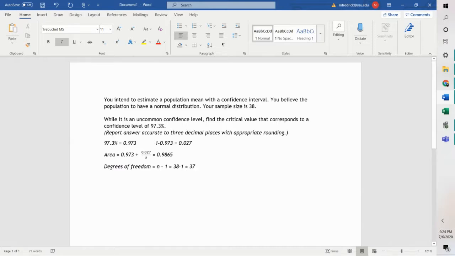Now, in order to use the TI-83 or 84 calculator, first we take our confidence interval, rewrite it as a decimal, 0.973, and then we need to find area. When you're talking about the area under the curve, like if we have,